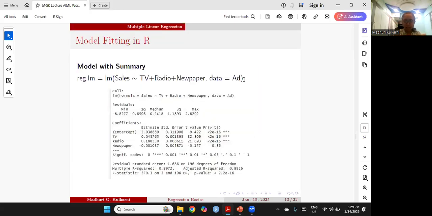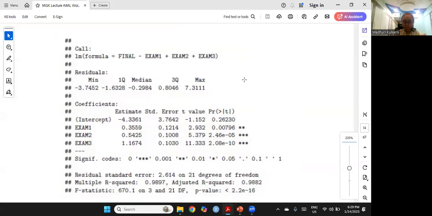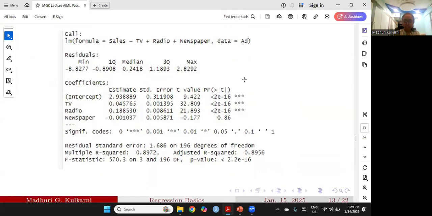So we have done this in R. Now, when it comes to a regression model, how do you decide whether the model is good enough or not? I hope that you are able to see this; I've increased the size. Here I am showing the output of a regression model, which we usually get in R or any package. You can go for SPSS, SAS, Minitab. All the packages show you, when you try to fit a regression model, the multiple R squared or adjusted R squared value. This indicates how good a regression model is.